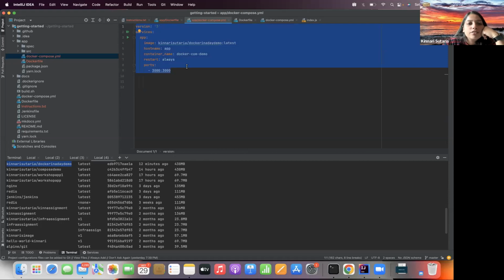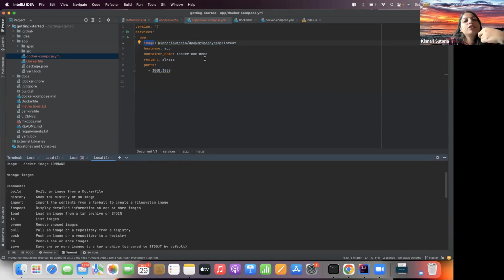First it starts with the version. This is version 3. Services: what services do you want to spin up? I want to spin up an app, which is made out of an image. What image? I have created an image, right? So that image should be used. Right now this image is on my local, but still,